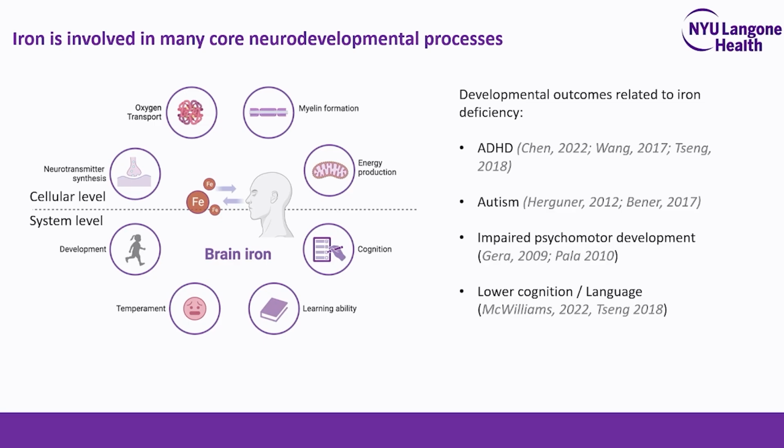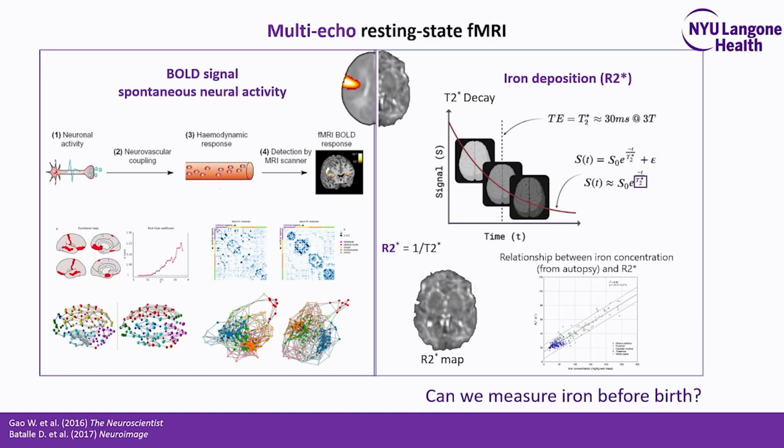So we already know that iron is crucial for many developmental processes like oxygen transportation and myelination, and is also related to many developmental disorders like ADHD and autism, so it's important to measure it. Dr. Moeller has already given a comprehensive review of how we measure iron in the brain, and in this study we used the multi-echo fMRI sequence to record the neural activity and brain iron estimation at